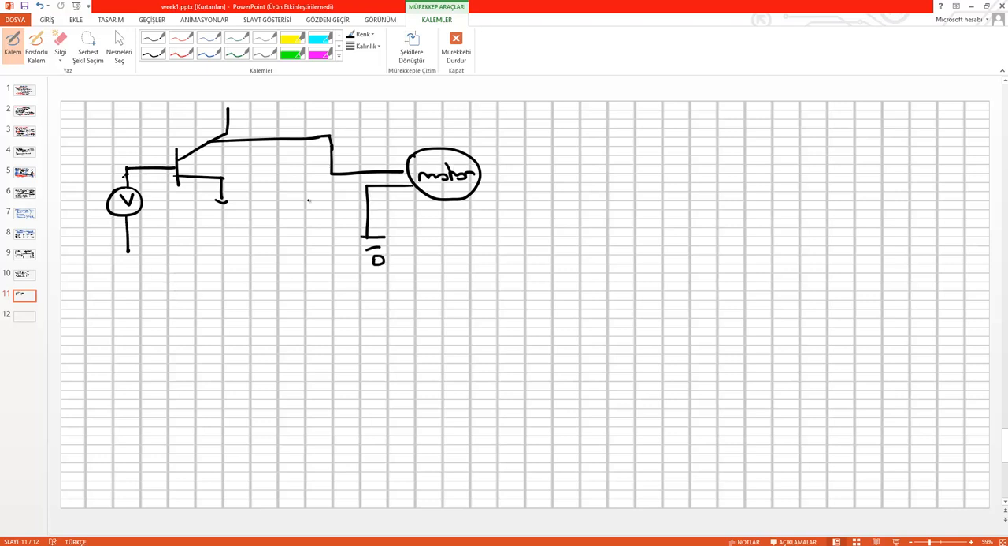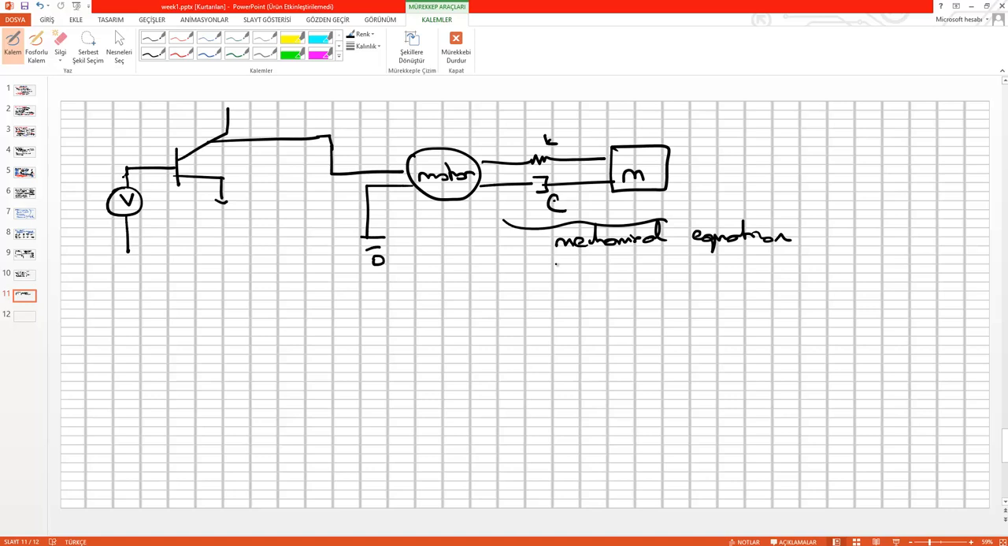Okay, but this motor is driven by a spring and damper system, just like this one. If you have this information, you can create the mechanical equations, right? But if you convert these terms into electrical circuits, then you can easily analyze this one,